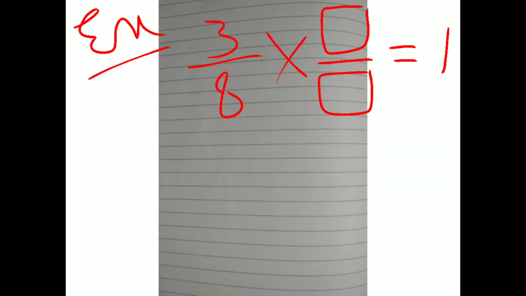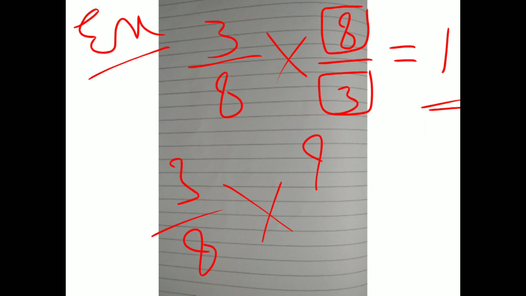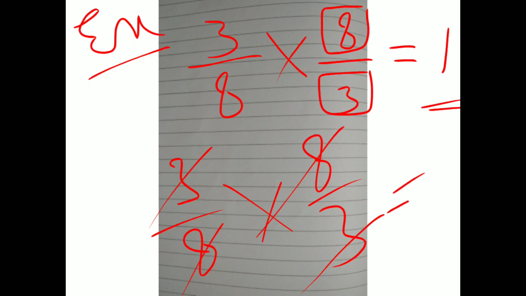Now I am taking one example and you think about it. Here we have 3 upon 8, and the answer is 1. When the answer will become 1, by which number do we multiply? Its reciprocal. So for 3 upon 8, its reciprocal will be 8 upon 3. Multiplying 3 upon 8 by 8 upon 3, 3 and 3 cancel, and the answer will be 1. So solve all questions like this.